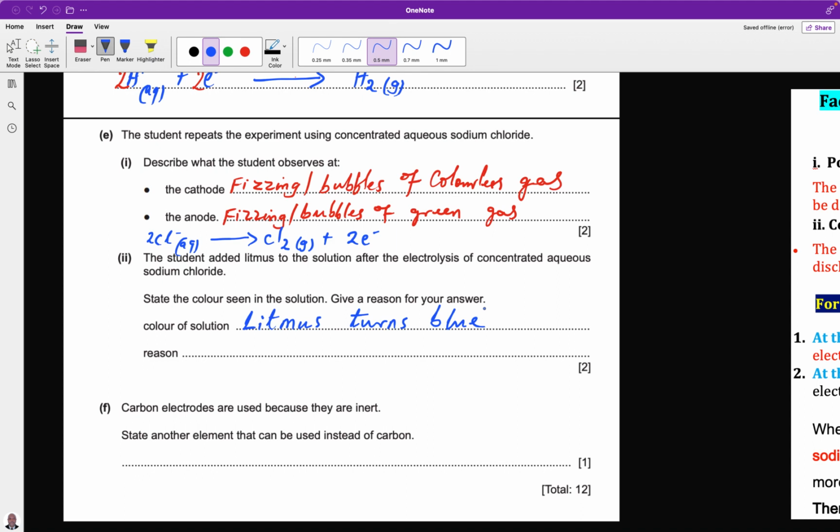Our reason, as I've just explained, is that the solution is alkali, that is sodium hydroxide. The solution is alkali, formed